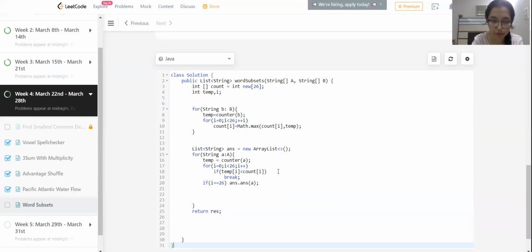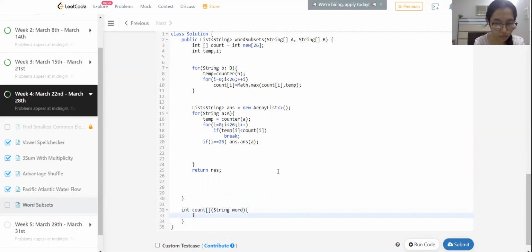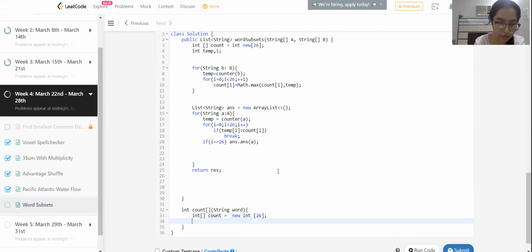Now let's create our counter, int count, string of word, int count equals new int of 26, for char C in word dot toCharArray.